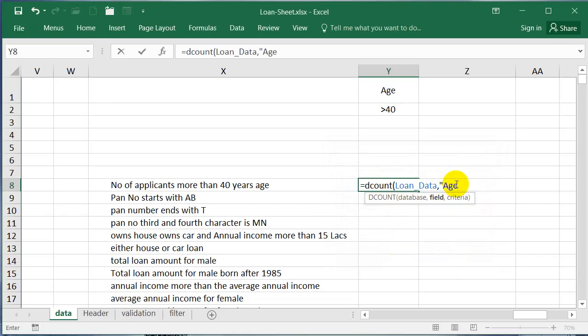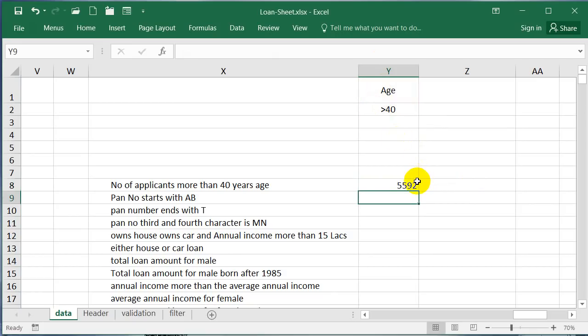So I put this age contains numerical data, even date of birth contains numerical data because internally it is a serial number. And then for criteria, you have to give header plus the criteria, close. So 5592.